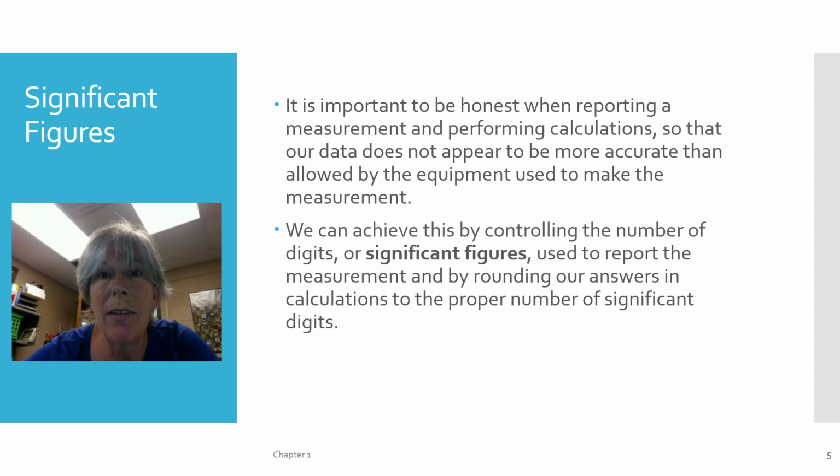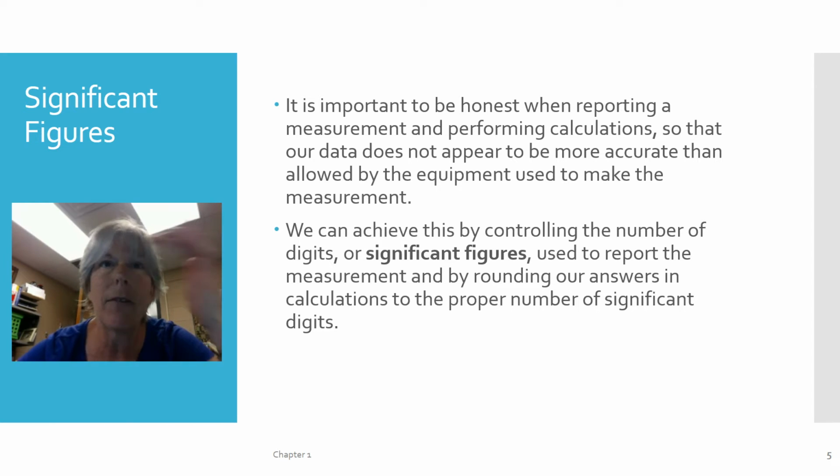So in science, we use something called significant figures. The reason we use significant figures is because we are often in the lab using measurements, and it's really important that we record our measurements with the correct precision and accuracy, and our calculations with the correct precision and accuracy, so that other scientists can look at our lab reports and know what type of measurement tool we were using.